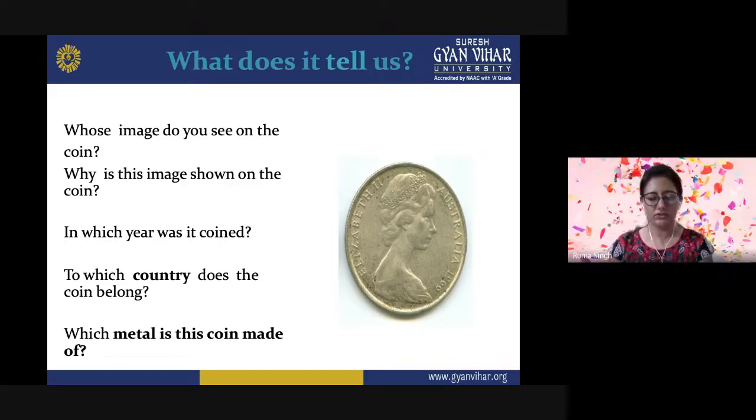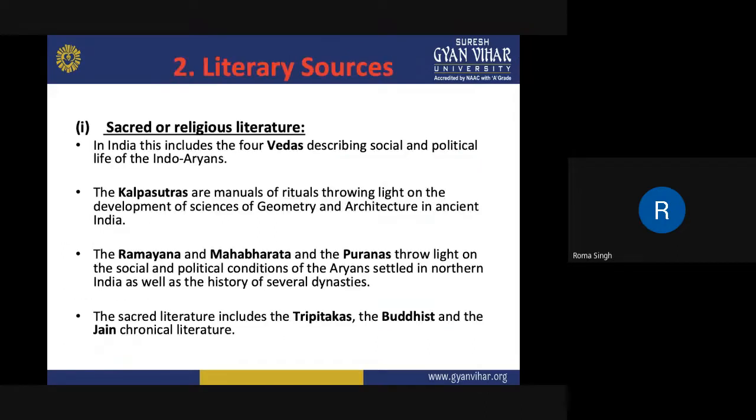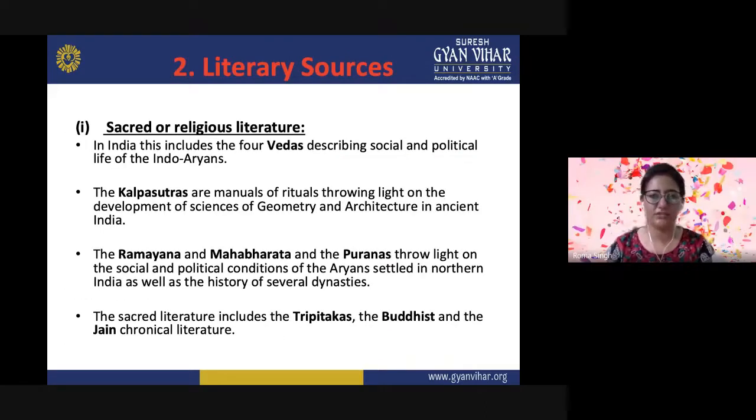So this is how the coins were also of important use in various dynasties. If we see, they used to have various kinds of material used for their currencies. Then the next kind of sources are the literary sources. It can be subdivided into sacred or religious literature, and so on. This kind of religious literature